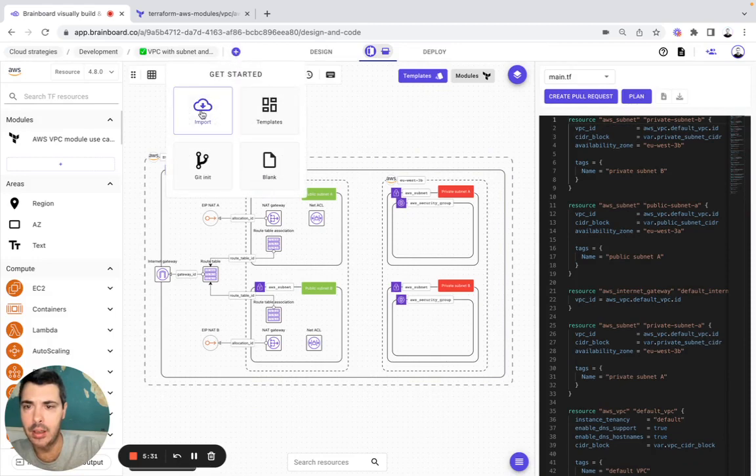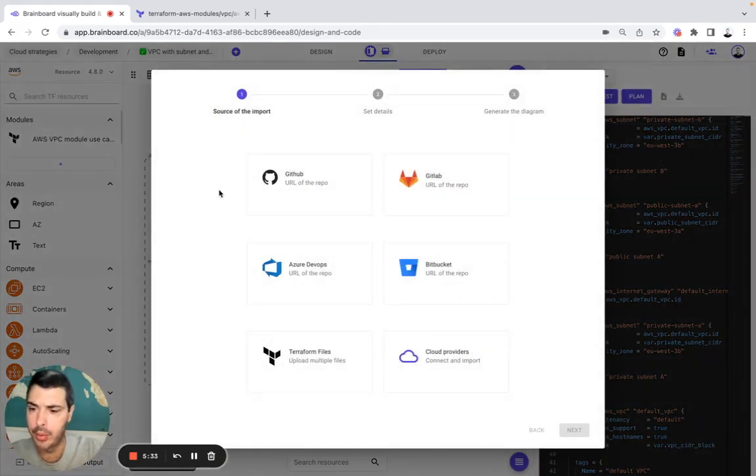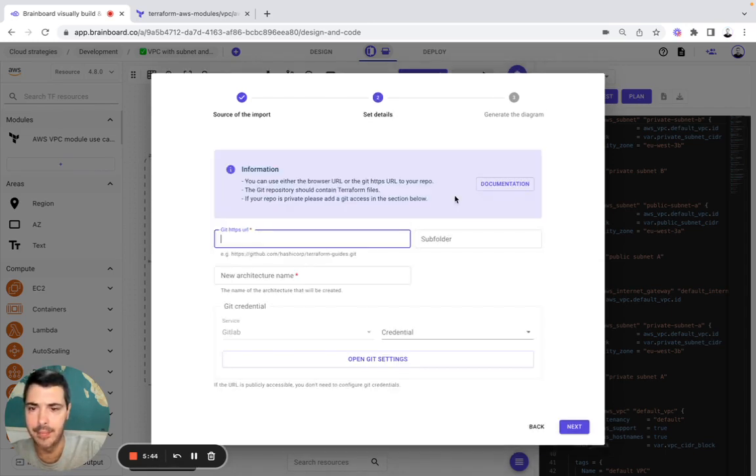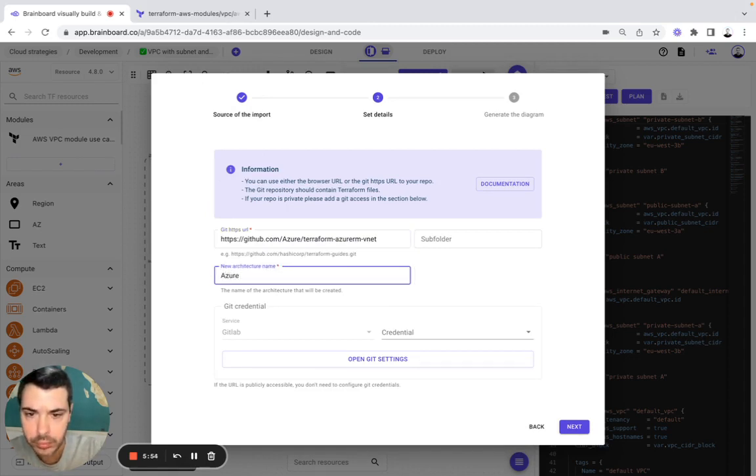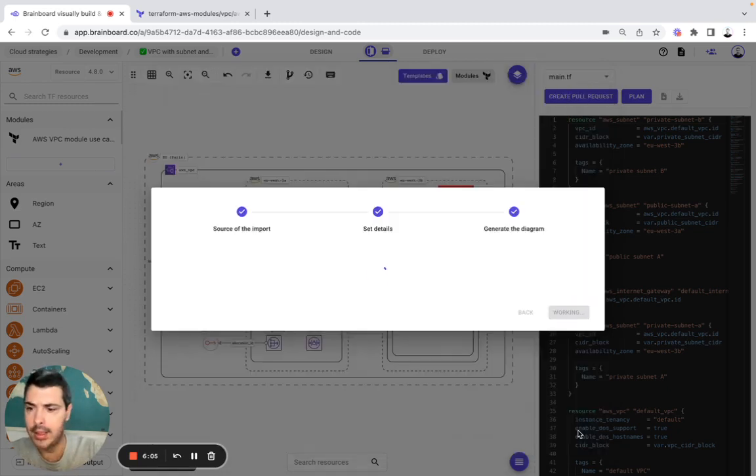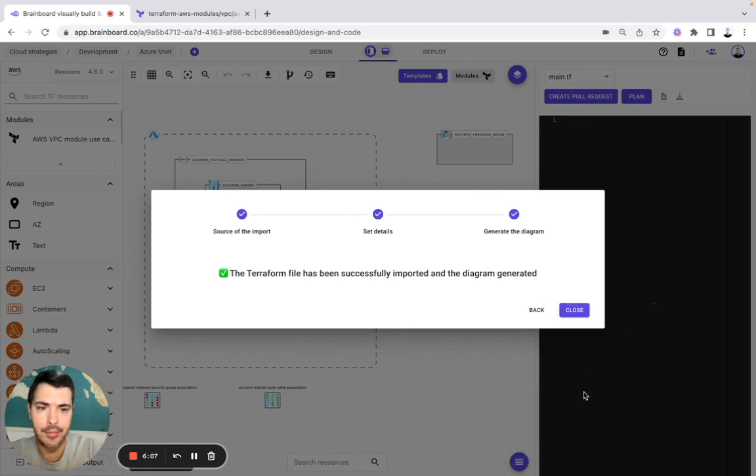And then here, you can do the same thing when you want to import existing Terraform code on Brainboard with GitHub, GitLab, Azure DevOps, Bitbucket. Let's say, for example, we would like to do it for GitLab. Here, we are going to choose, so the name here. The architecture name is going to be Azure VNet. Here, we have the credentials sessions you can open,